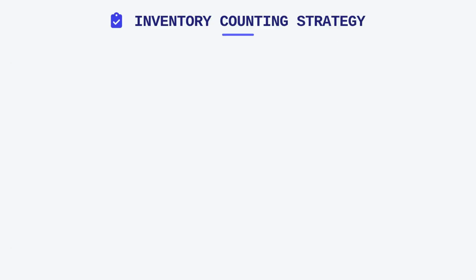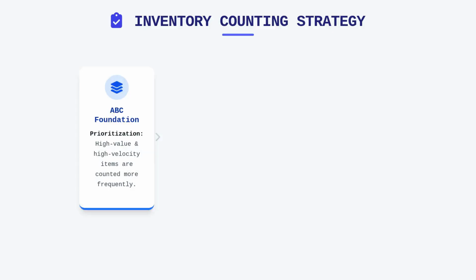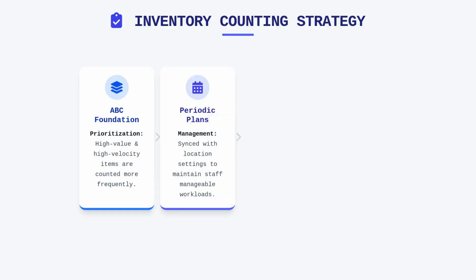To implement this effectively, we must look at the foundation provided by ABC classification, which allows us to prioritize high-value or high-velocity items, ensuring they are counted more frequently than slower-moving goods. Within the system, these periodic plans work in conjunction with our location settings to ensure that the process remains manageable